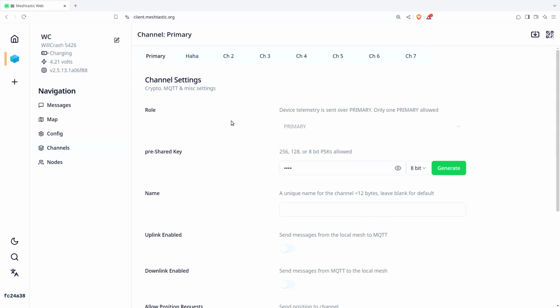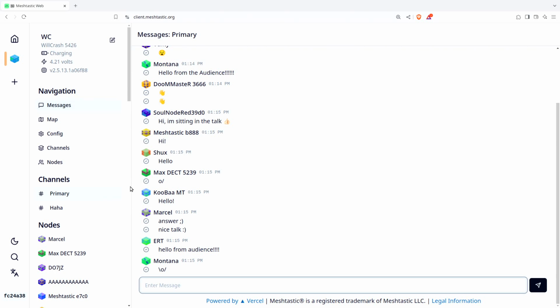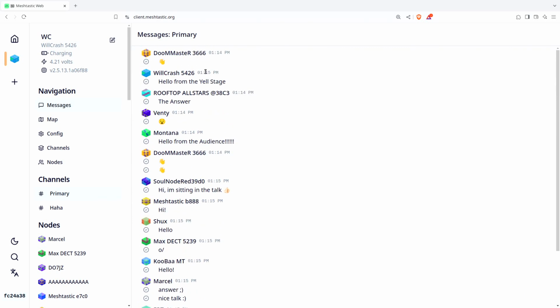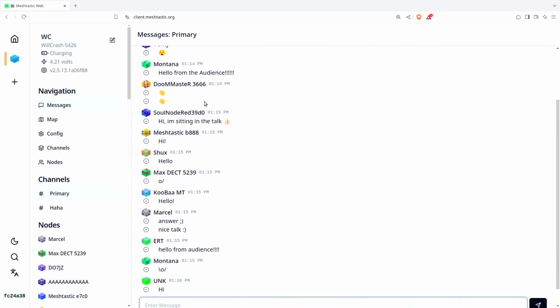Here we can also see how the encryption works. We are currently on the open channel, which has a pre-shared key. This key is then used for symmetric encryption. The key is typically a radio guy code called ACK, which stands for acknowledged. Everybody is using the same key. This is why our messages are encrypted, and I can read your messages. Thank you, Montana, for writing. Thank you, Mestastic P8888, Sold, No, and Red, and everybody else.